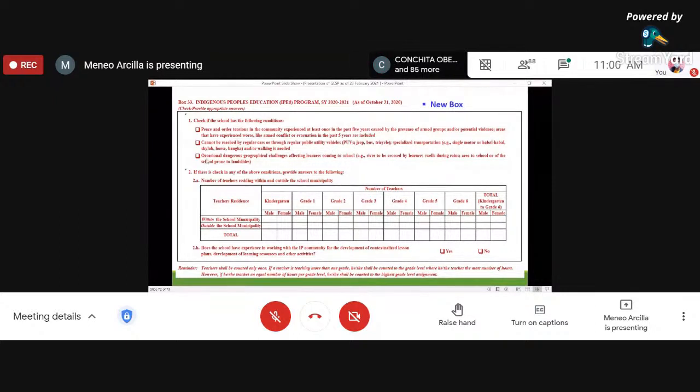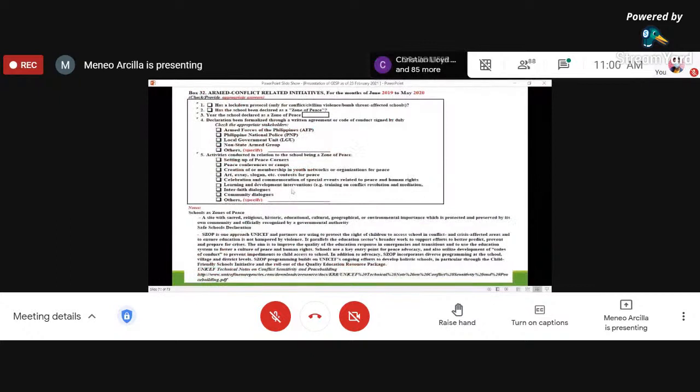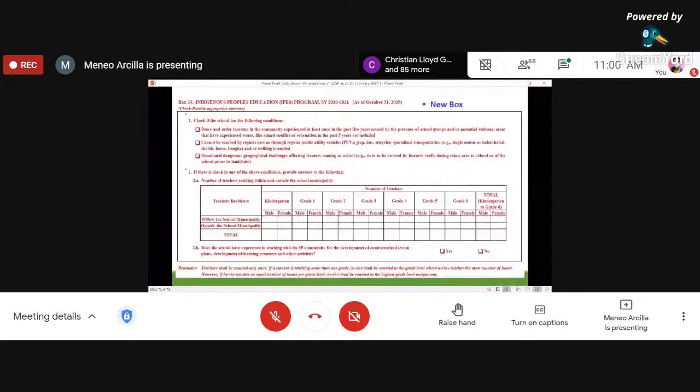And another condition is occasional dangerous geographical challenges affecting learners, and so forth. And so number two is asking if there is a check to any of these above conditions, that's the time